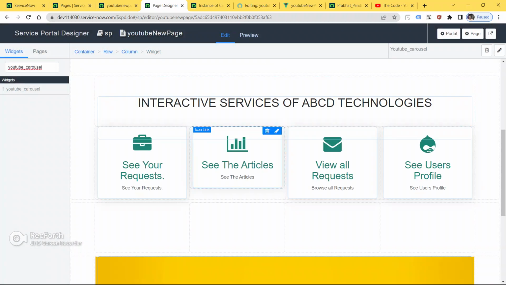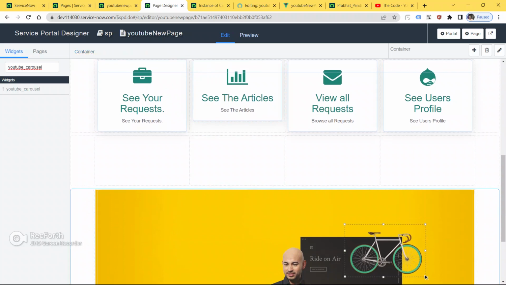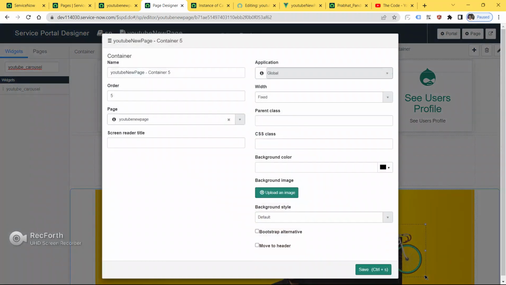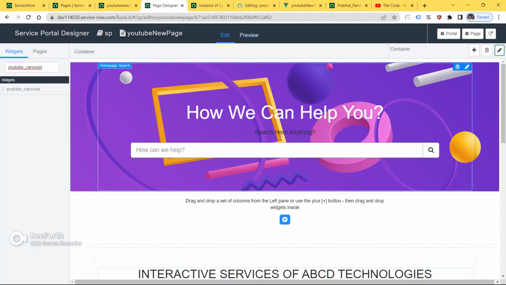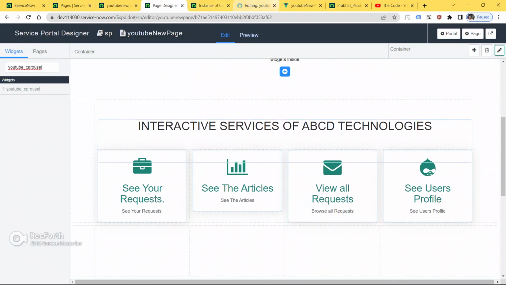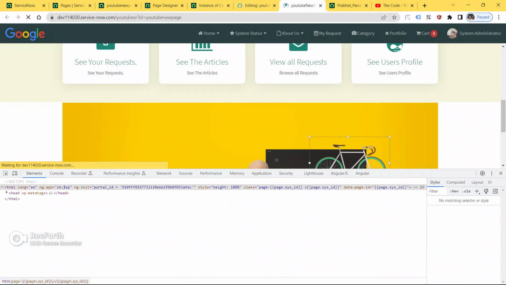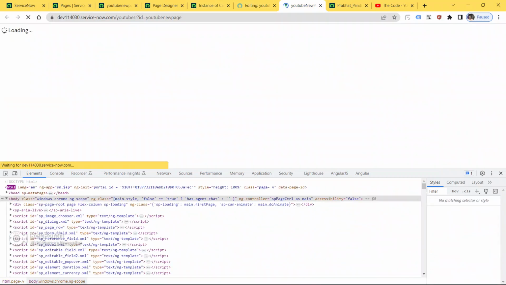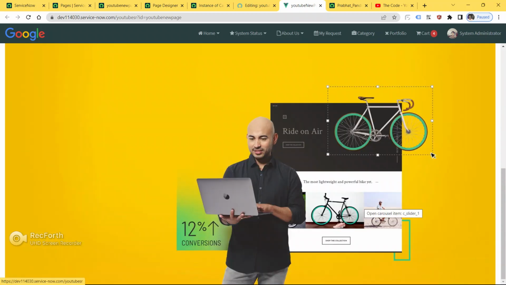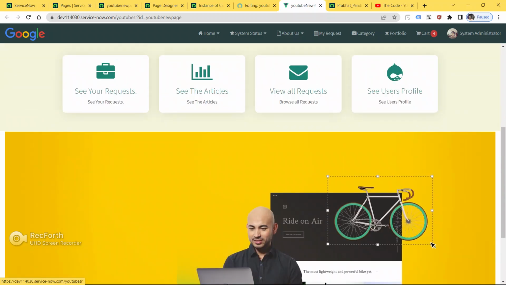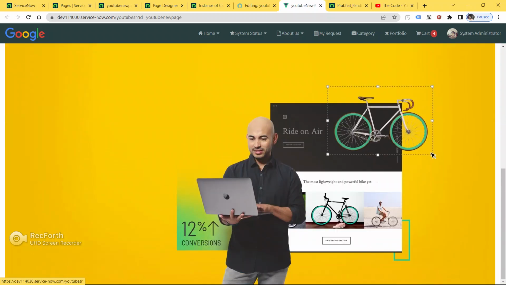Click save. Give fluid. Click save now. So go here now, refresh the page. As you can see, we got it here, a full width slider.